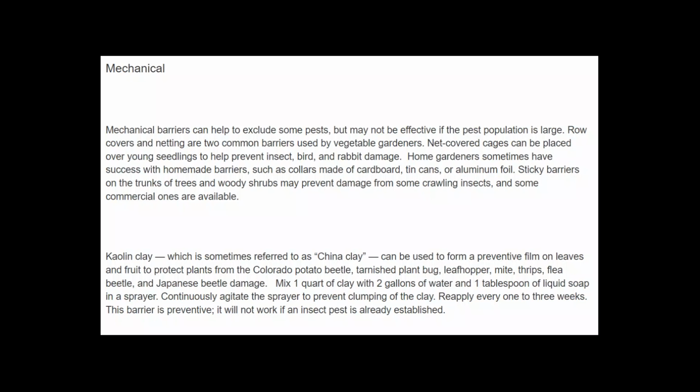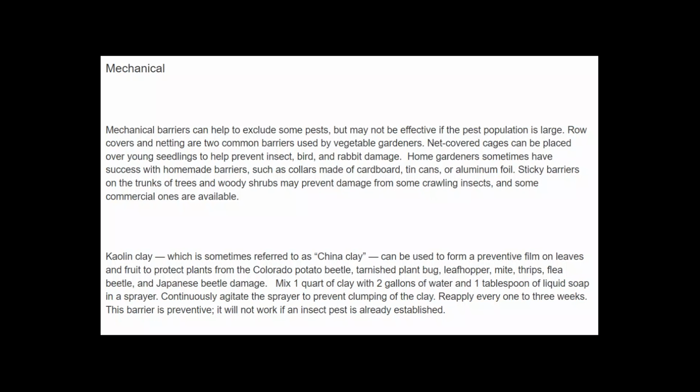Row covers and netting are two common barriers used by vegetable gardeners. Net-covered cages can be placed over young seedlings to prevent insect, bird, and rabbit damage. And home gardeners sometimes have success with homemade barriers, such as collars made of cardboard, tin cans, or aluminium foil. Sticky barriers in the trunk of trees or woody shrubs may prevent damage from crawling insects, and some commercial ones are